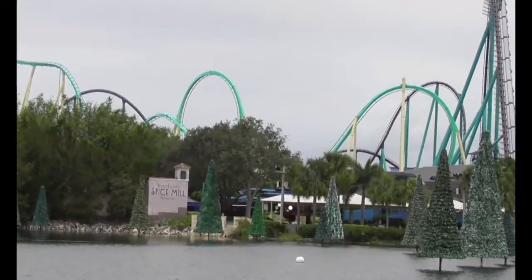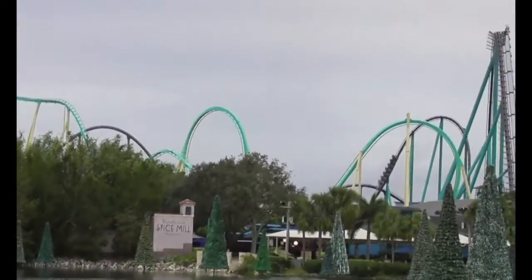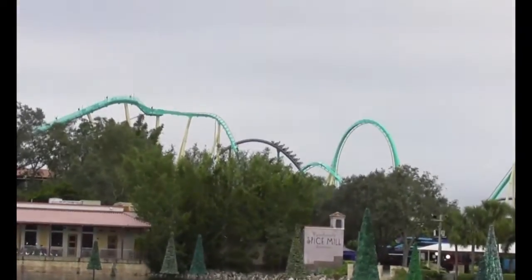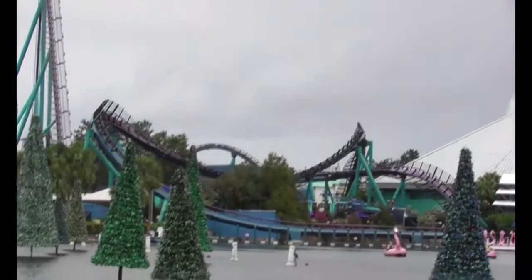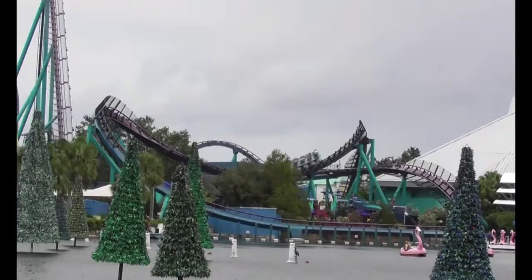This coaster is a B&M hypercoaster and opened in 2016 as the tallest and fastest coaster in Orlando. Mako is 200 feet high with a drop of 200 feet. It is 73 miles per hour and 4,760 feet long. Since this is a B&M hypercoaster, you are going to be floating out of your seat on